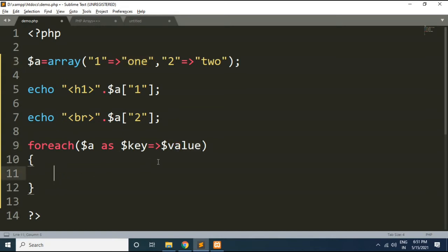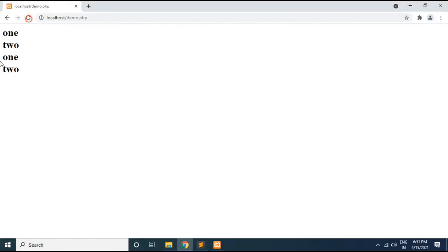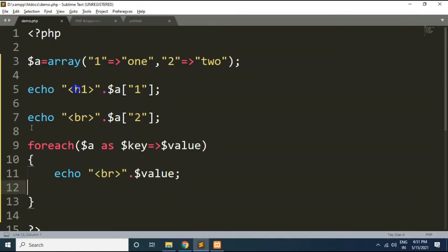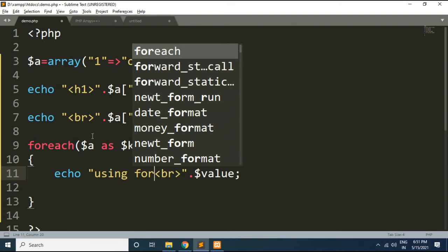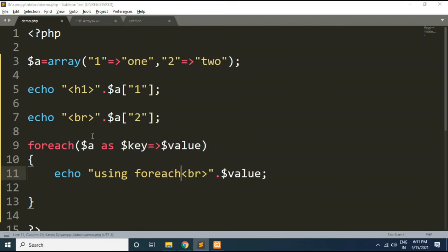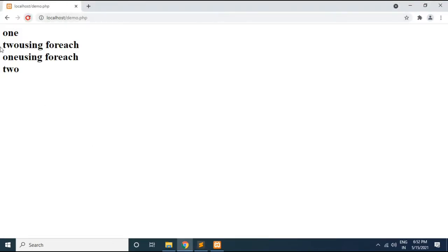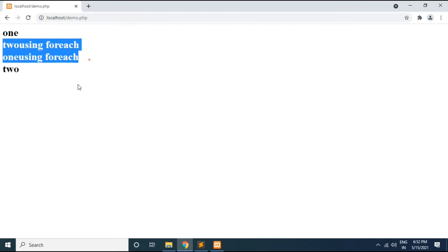Inside this I can write a statement. Simply I will copy this and try to print the value. So here I will write value like this. If I go to the browser, you can see we got the output. Here I will write using foreach. If I refresh, you can see we got the output.